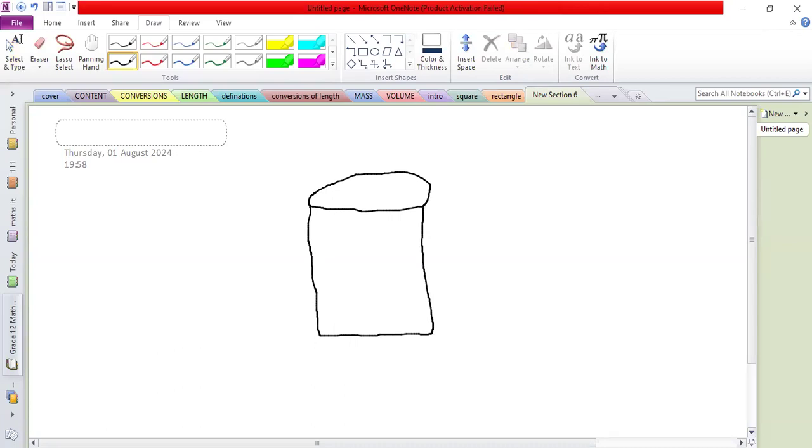This is the shape, class. I believe that you can see the shape well there. So let's try to understand how we're going to calculate it. What I want you to understand here is that there's this line. I'm going to draw a red line there. This red line indicates the diameter.